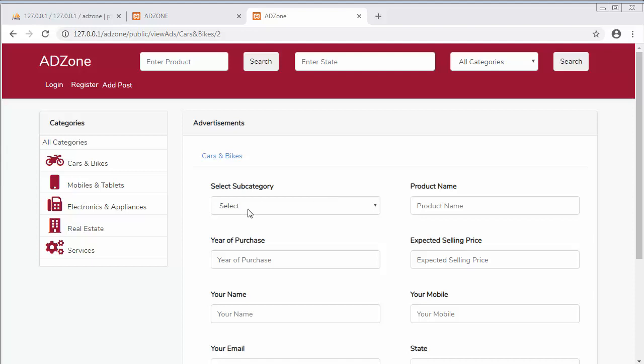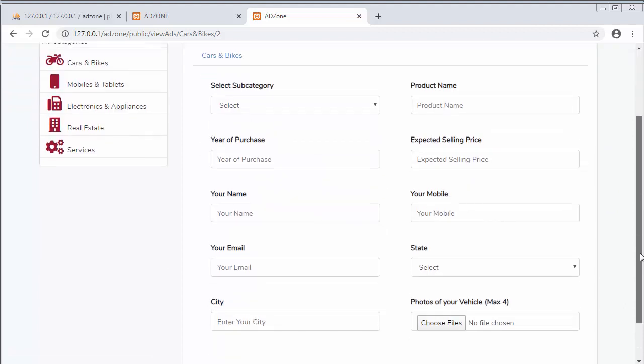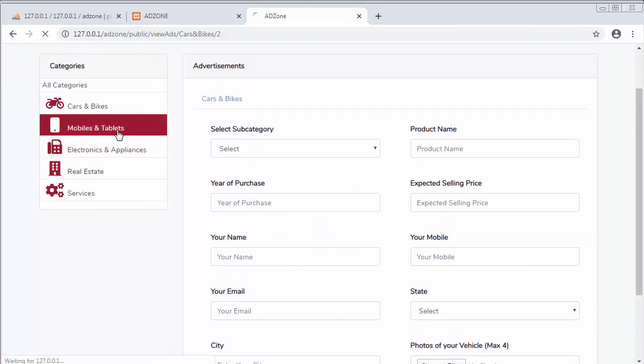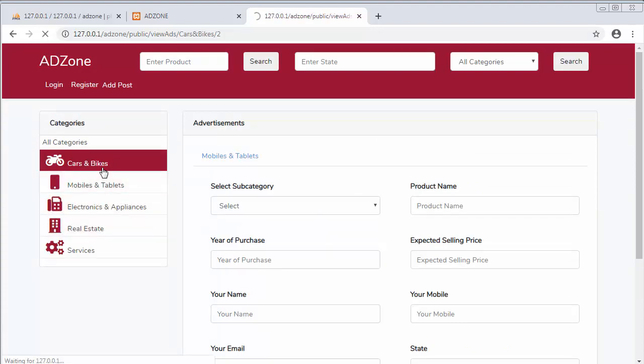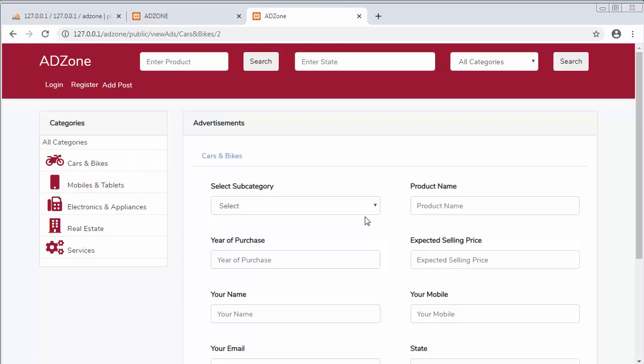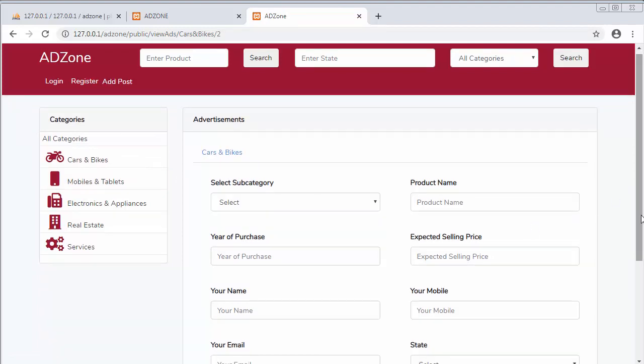In my last video I designed this publish ad form for all these categories. Whenever I click on cars and bikes, it will display a form for cars and bikes along with the fields, and when I click on mobiles and tablets, it will display the same kind of form. Now in this video I will set up the validation for my form,